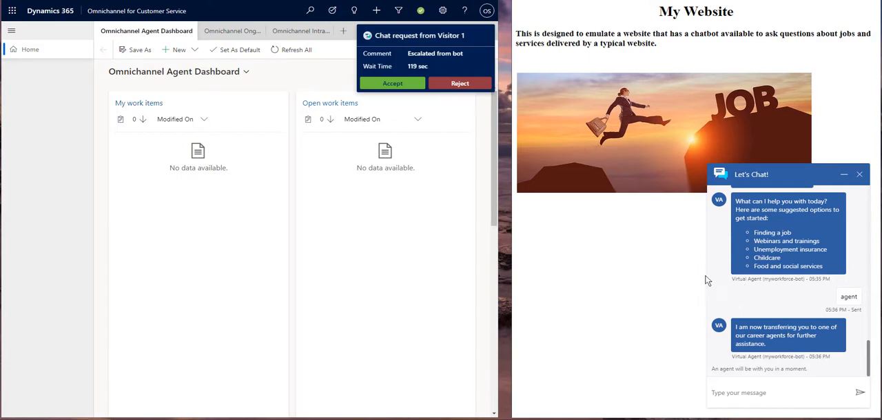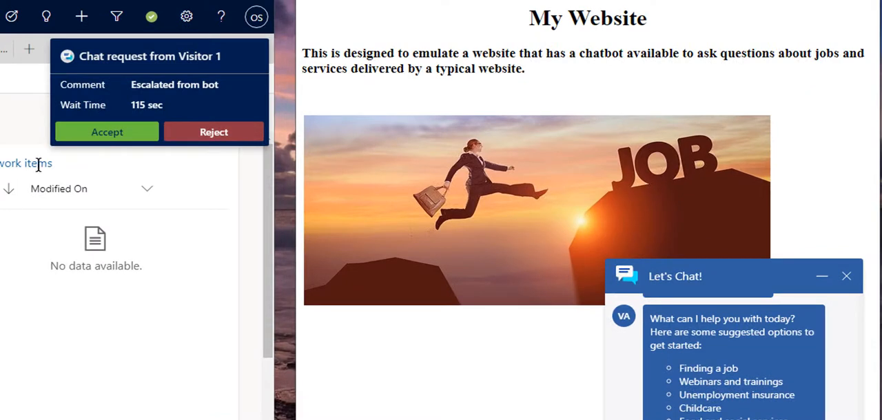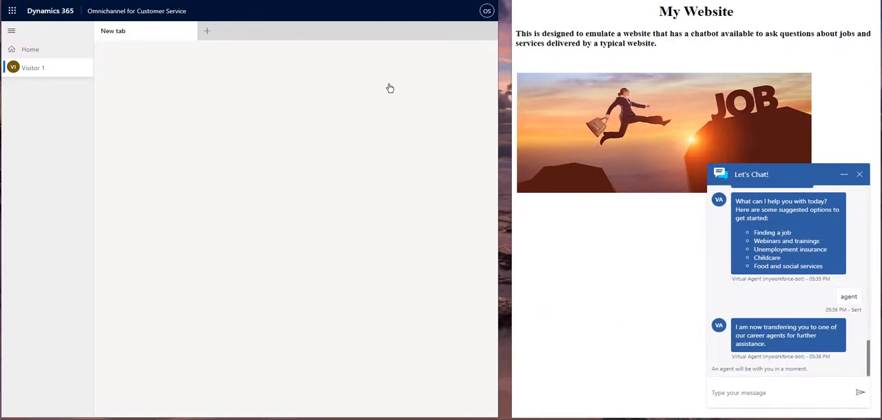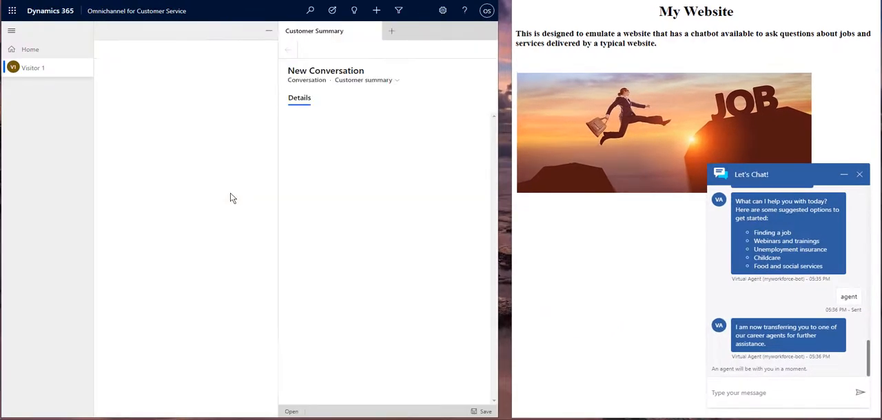So as you can see on the left, the person who's in this call center has now received an invitation to begin to chat from a visitor on the website. Now there's a timer. This is configurable. It's going to count down to 120 seconds. I'm going to go ahead and accept that. As I accept that,